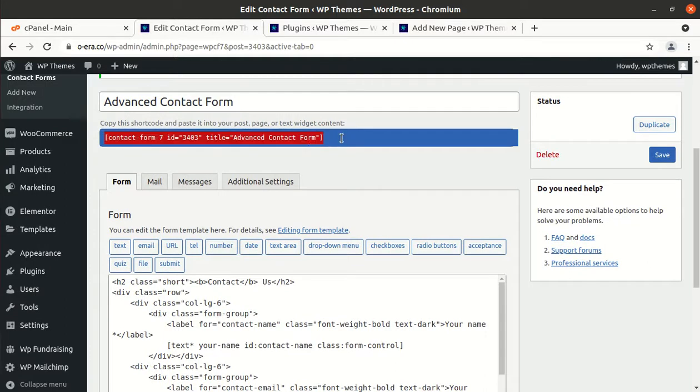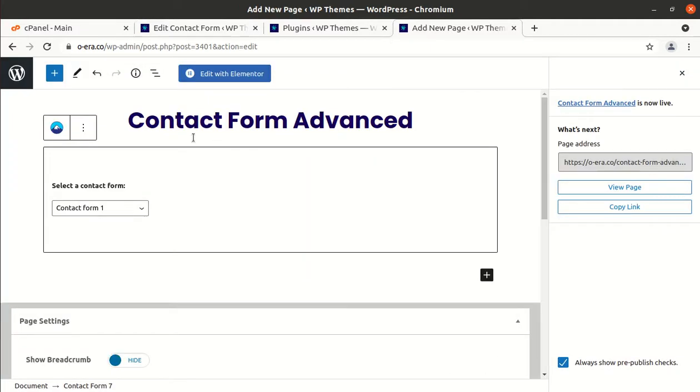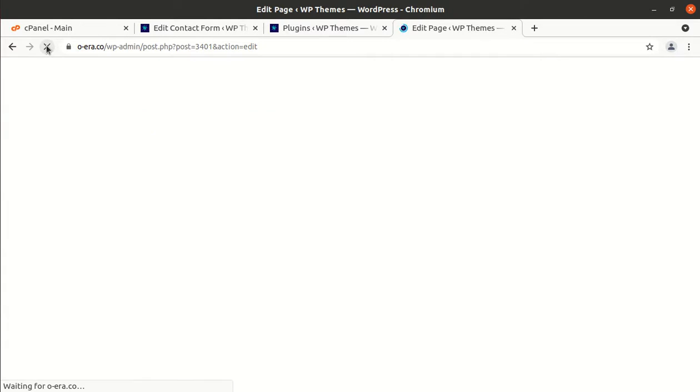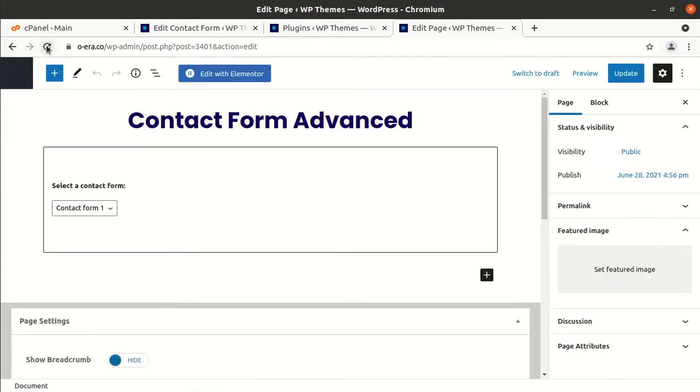If you are not using Elementor, you can use this short code at pages where you want to display this contact form 7. And now we are going to use this form at the newly created page for checking how it looks. Okay, great.